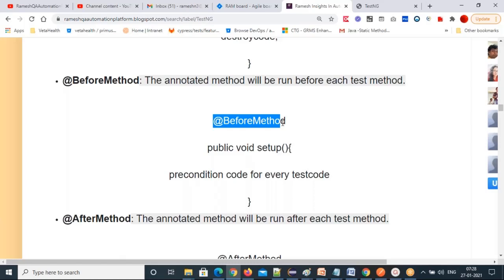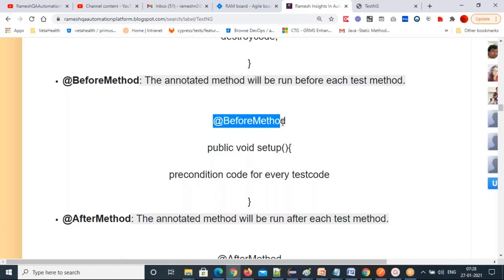Inside the test tag, many TestNG classes will be there. Whatever classes you included in the test tag, BeforeTest code will execute first, then one by one the classes will execute.